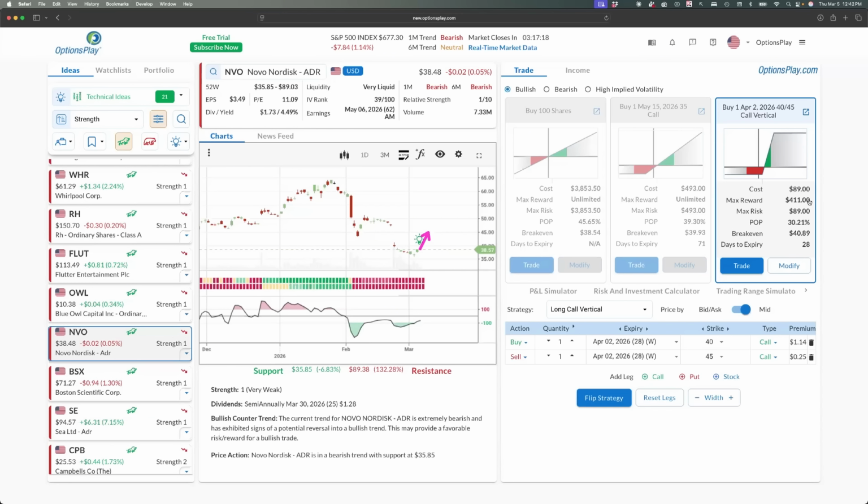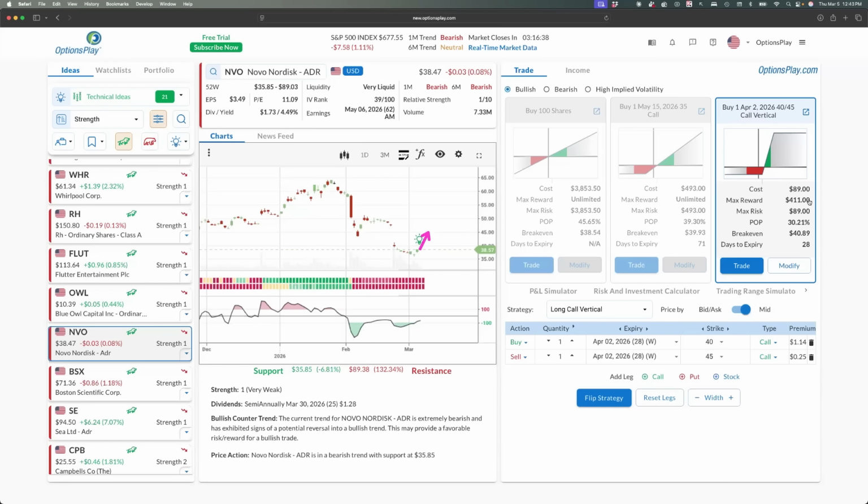The thing about options is that you have a lot of options, and it's really just about understanding when you want to be more aggressive and when you want to be more conservative. And with trades like this, where you're trying to catch that bottom, those are the times when you want to be more aggressive, buying shorter dated, slightly out of the money call options or a vertical like that. Those are the opportunities that give you the potential to get a 4 to 1, maybe even a 5 to 1 risk reward ratio, something that you don't come across every single day, because you don't come across trades like this every single day,